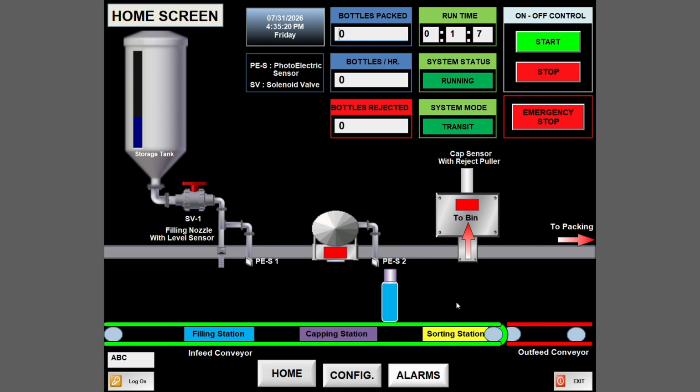The bottle is then conveyed to the sorting station for the final quality inspection. At the sorting station, the cap presence sensor verifies whether the bottle has been successfully capped. Since the cap is present, the bottle passes the inspection successfully. The sorting mechanism allows the bottle to continue on to the outfeed conveyor, where it is transferred to the packing line, completing one full production cycle. Since the bottle output set point was configured to 1, the system has automatically stopped after producing the required number